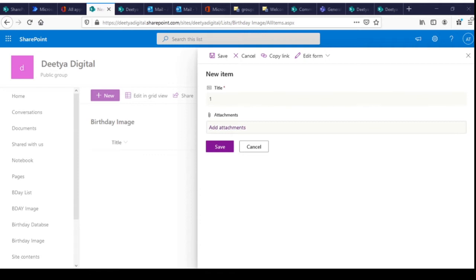You can add any number of images, and it will be good if you add more. The more the number of images, the more random the pictures, and the less repetition of images there will be in the birthday emails. Okay, so now the images are there. Attachment one I need to choose, because the title is one.